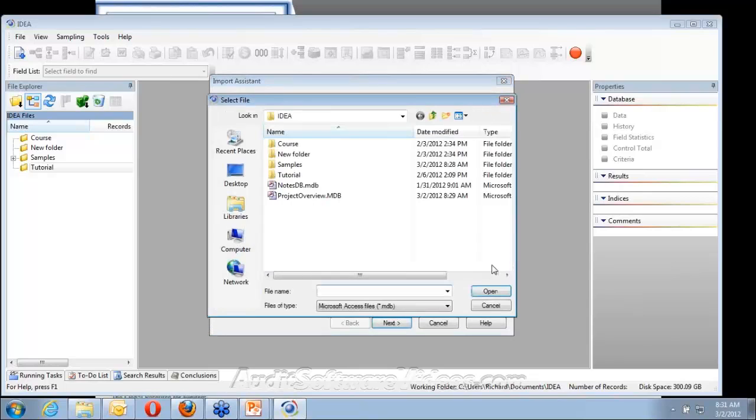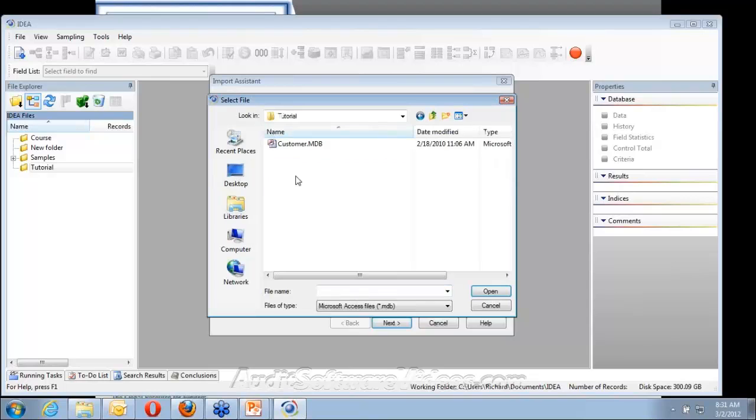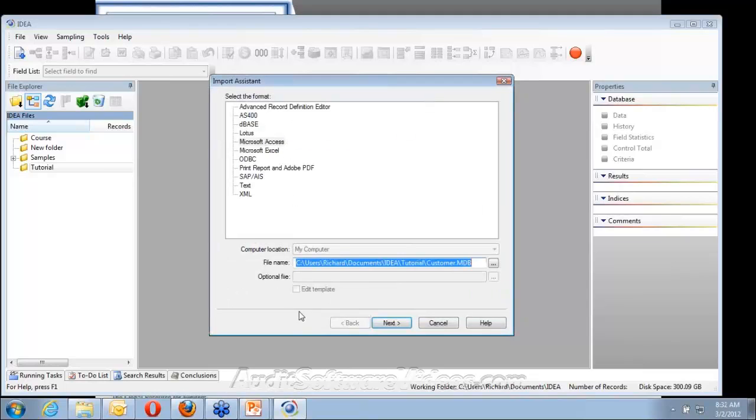So in there, I'm going to look and see what we have within this particular file. I want to look within Tutorial, and I'll see Customer. So I shall double click on Customer, and it's now in there. Now the big advantage of bringing in something from Access is you don't have to define anything. If I say Next,